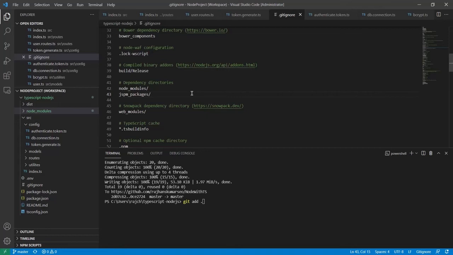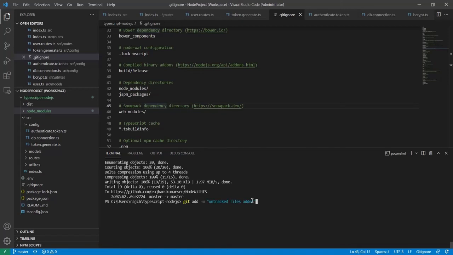After doing that, I did git add, and then I executed git pull from origin.